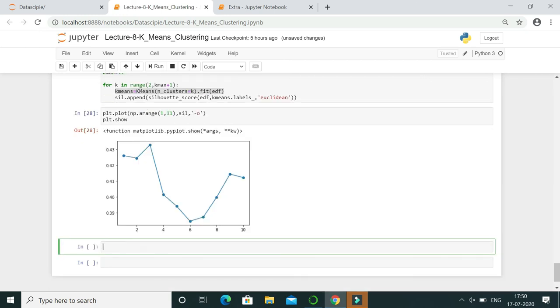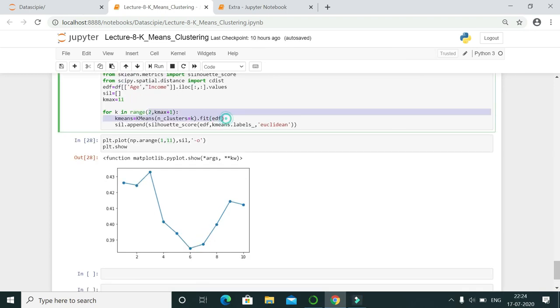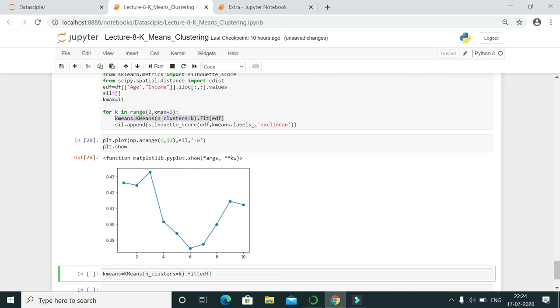Okay. Next we have to separately plot our 3 clusters. For that, first of all we have to develop a model for 3 clusters. So copy it, paste it over here. Then we have to calculate 3 clusters. So replace K by 3.